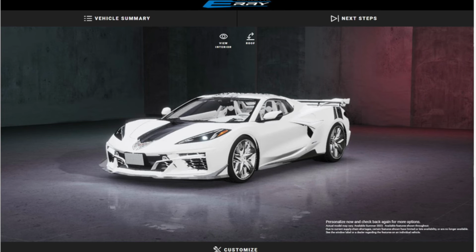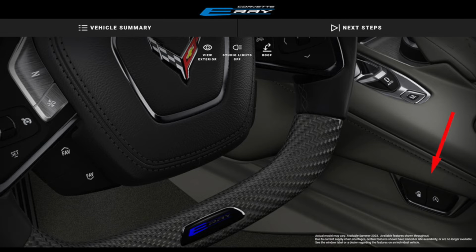and build more E-Rays than they do Z06s? Absolutely. But at the end of the day, there will still be some shared parts between both the E-Ray and the Z06 in regards to the carbon fiber pieces, because they're both probably going to end up having the same wide body. So it doesn't make sense to tease some of the customers just yet, because that's going to make